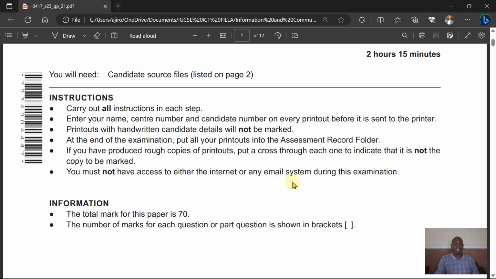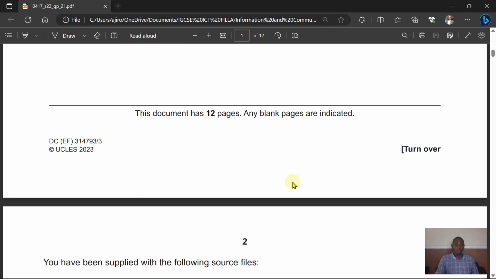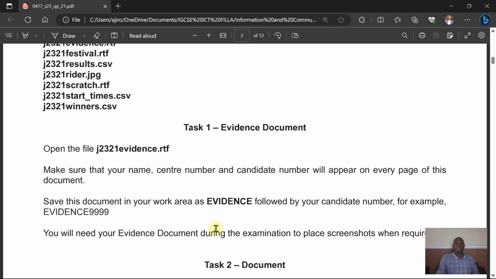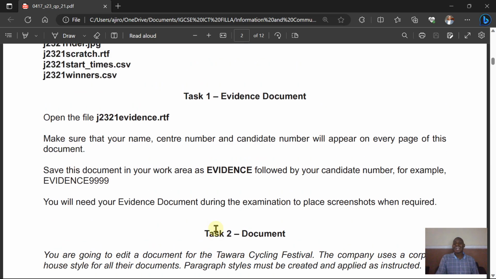The total mark is 70 for the whole paper. You've been supplied with the following source files. Of course, you have to check if the source files are the same. Obviously they are the same, but these are the source files that you have been supplied with. Because we're doing document production, we have to work on the evidence document. Task 1, evidence document. Open the file